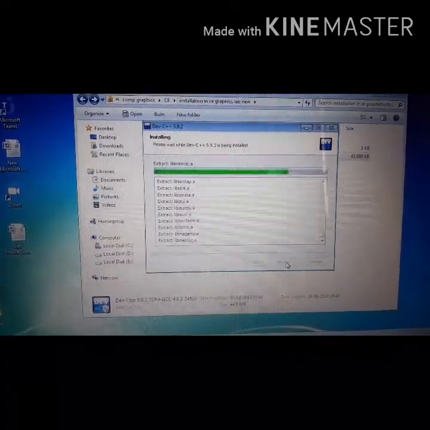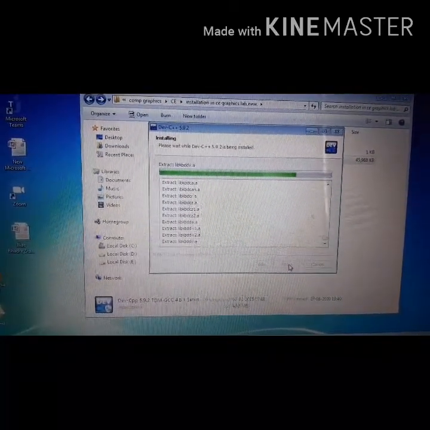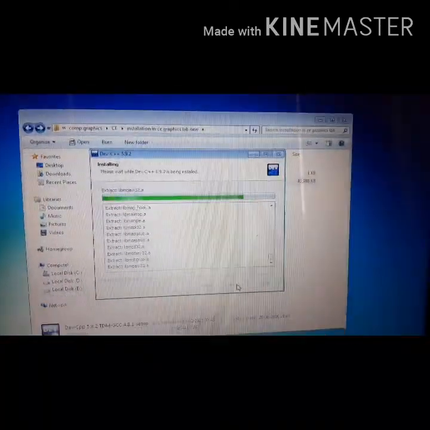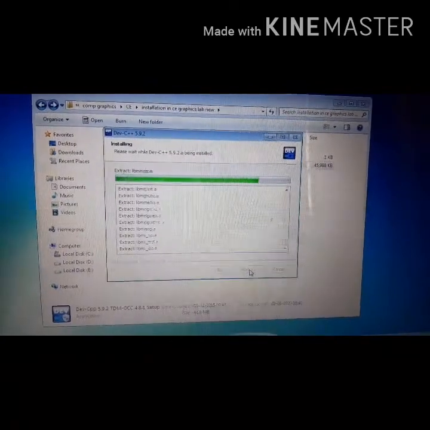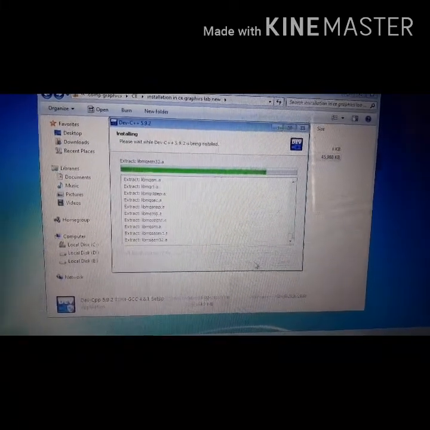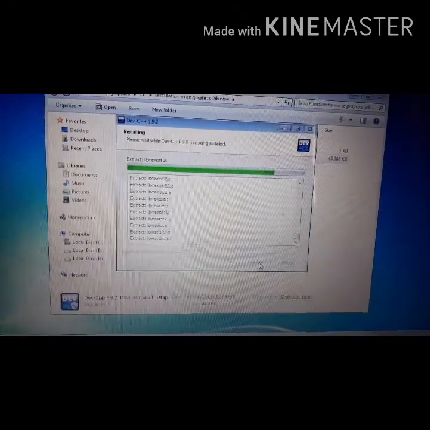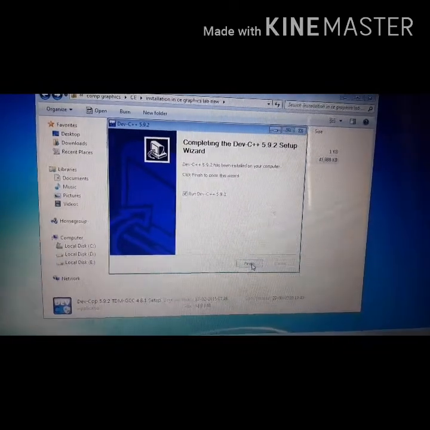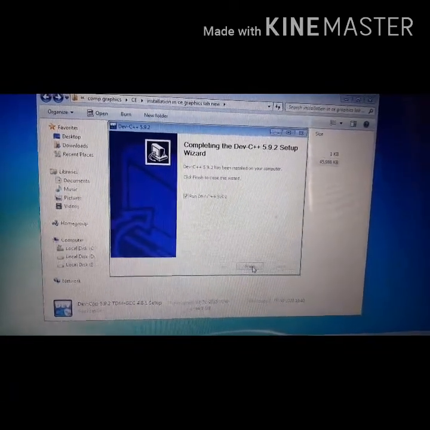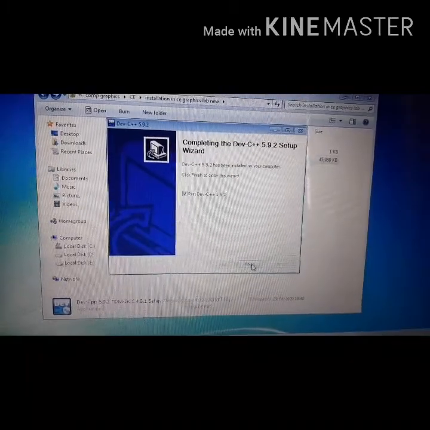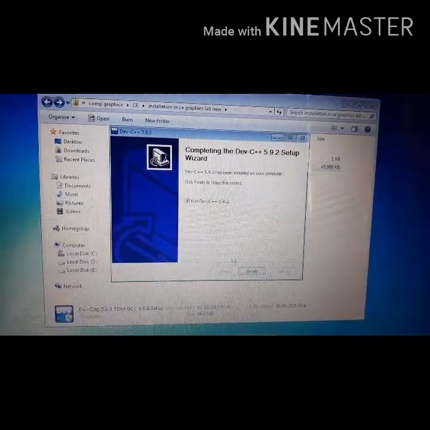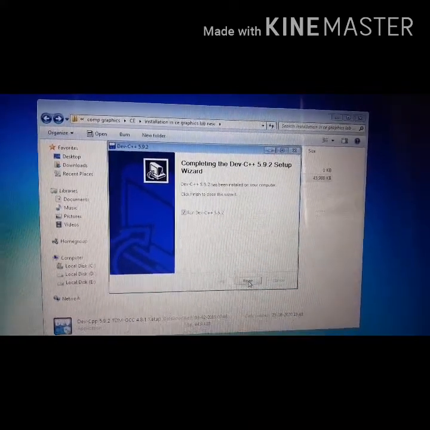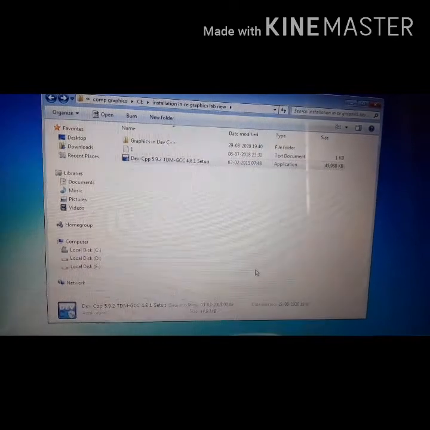It's almost done. Again, I am repeating, this setup is for my laptop and the compatibility is Windows 7 32-bit. If you have some other specification, you need to download the specific file from the net. So this says that the setup is completed. Click finish. So I will click the finish button, and then